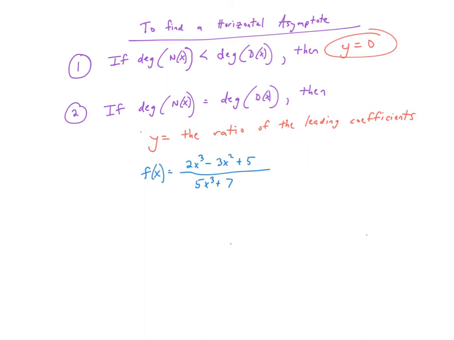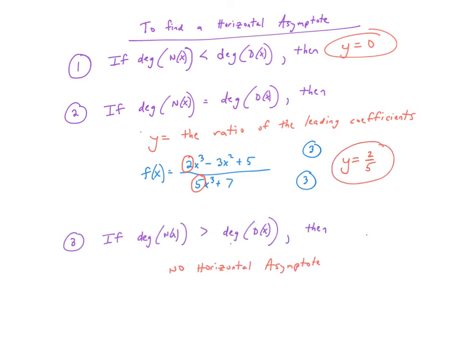For a quick example, consider f of x. The degree of the numerator is 3. The degree of the denominator is 3. That means that the horizontal asymptote is y equals the ratio of the coefficients. That ratio is 2/5. Y equals 2/5. Case 3. If the degree of the numerator is greater than the degree of the denominator, then there is no